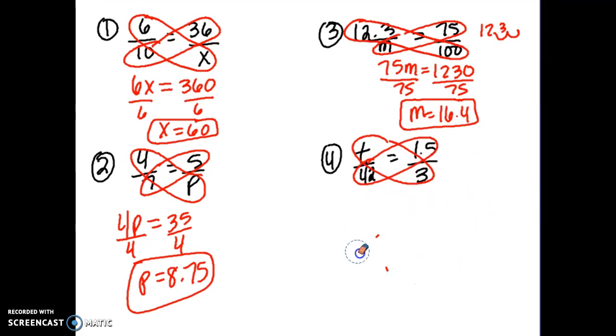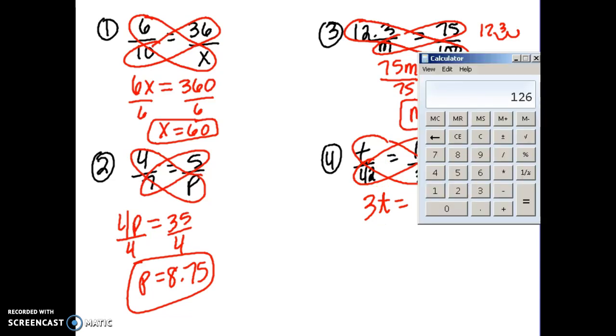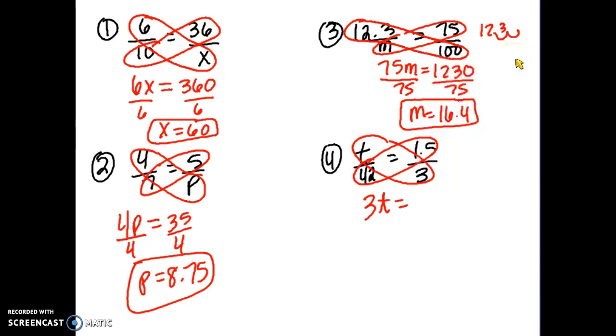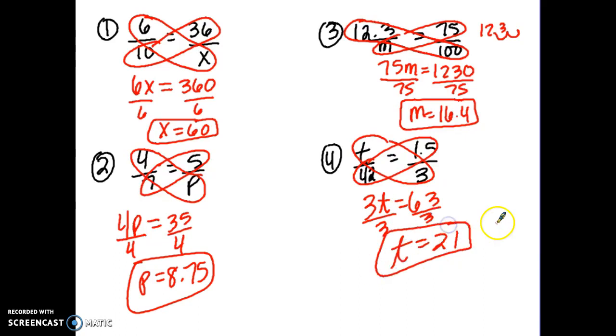Okay, so 3 times t is 3t. 42 times 1.5 is 63. 63 divided by 3 is 21. All right, number 5